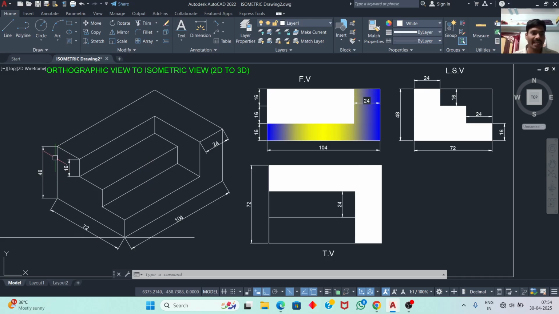So if you want to align properly to this figure, we have a command that is dimension edit. The shortcut is DED. Okay, dimension edit. Select that dimension edit command and go to oblique view. Okay, after selecting this option, click on this dimension line and this line also. 48 line and 16 line. 48 line, 16 line. After selecting, press enter and take parallel